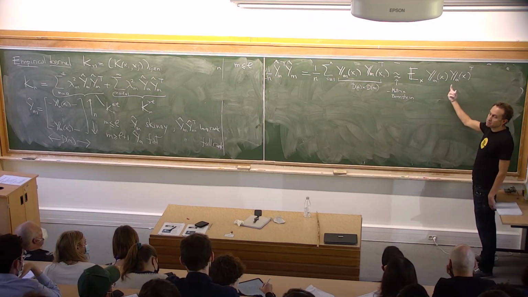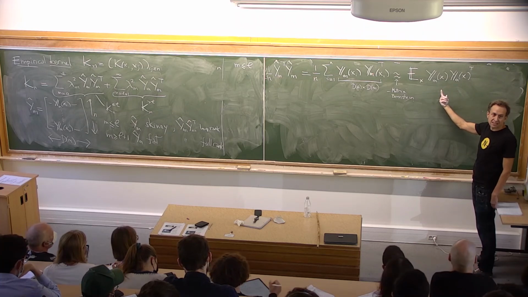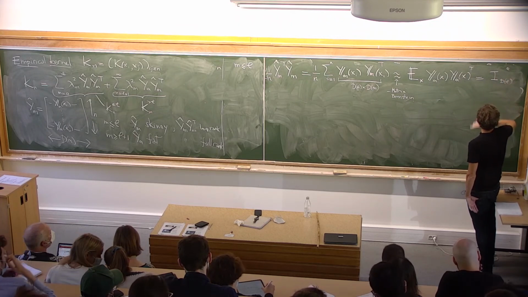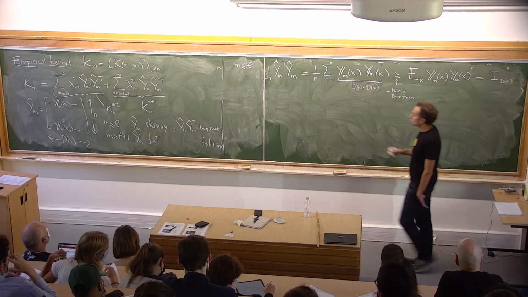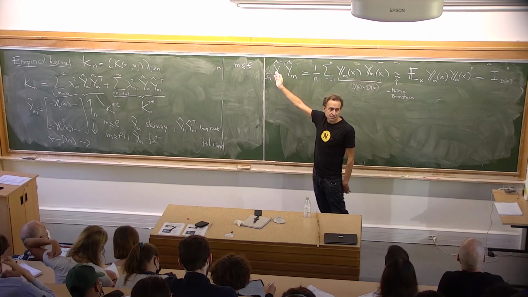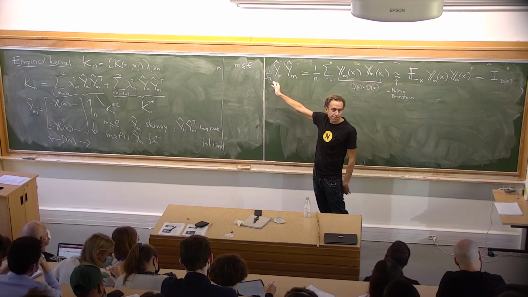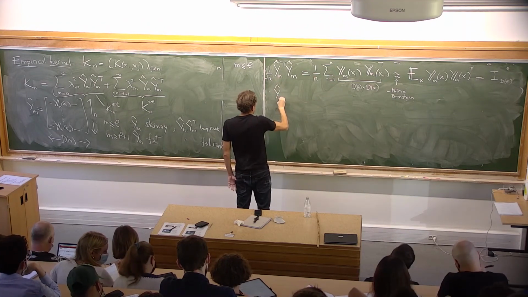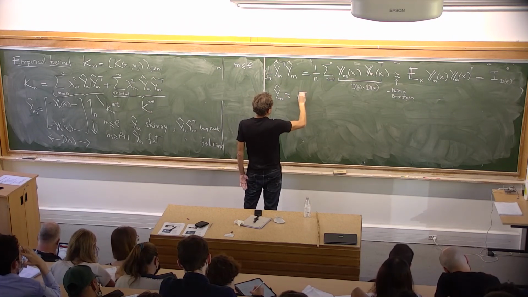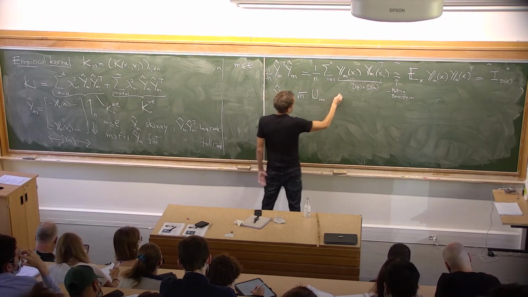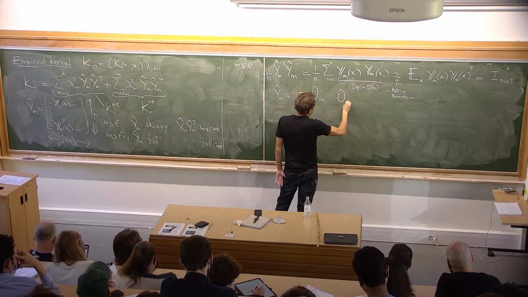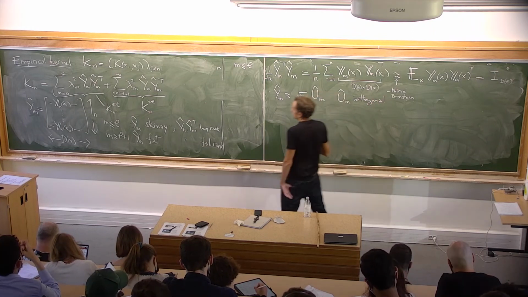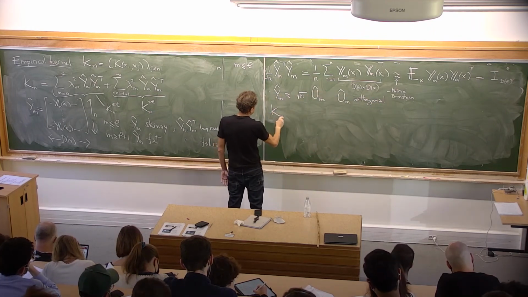And what is this? This is the matrix of inner products of the spherical harmonics, right? So this is the identity matrix in the dimension. So what does this mean? It means that Y hat is basically, up to the scaling square root of n, an orthogonal matrix. So this means that the kernel of degree less than or equal to L